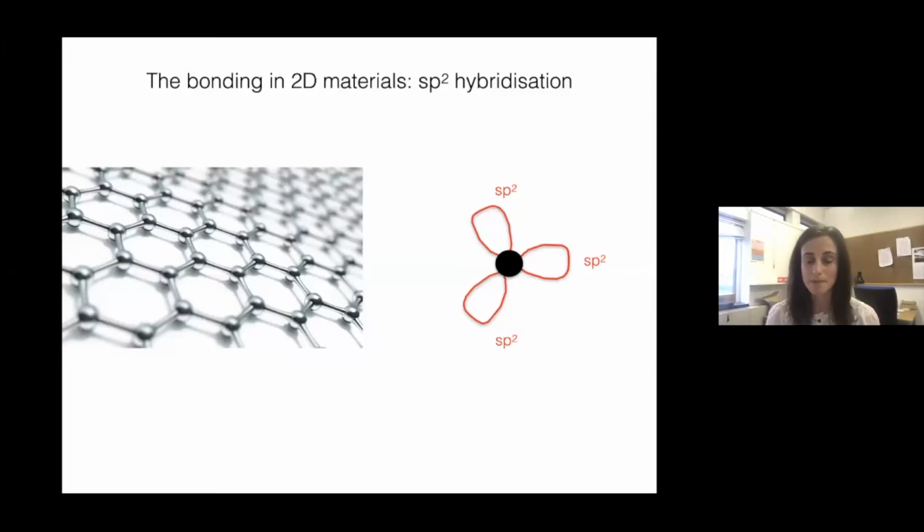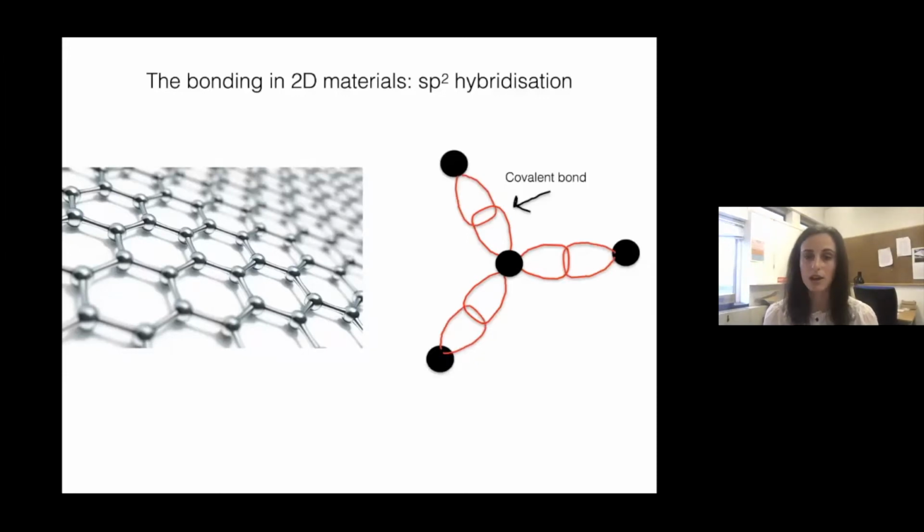So what does that mean? Well, each carbon has 4 valence electrons available for bonding. Now, 3 of these are occupying these orbitals, or these clouds that I've drawn here in red, called sp2 hybridized orbitals. And it turns out that they overlap with orbitals of neighboring carbon atoms, forming strong covalent bonds, and therefore forming this hexagonal structure. As you can see, if you extend this out further and further, you get to the image